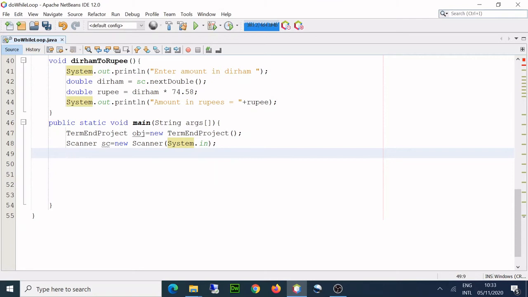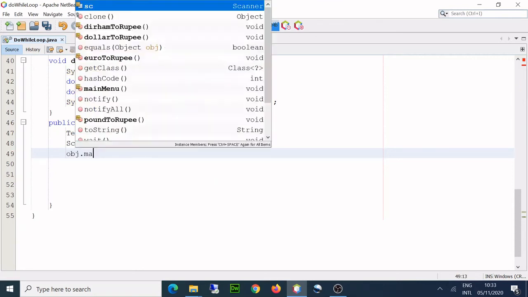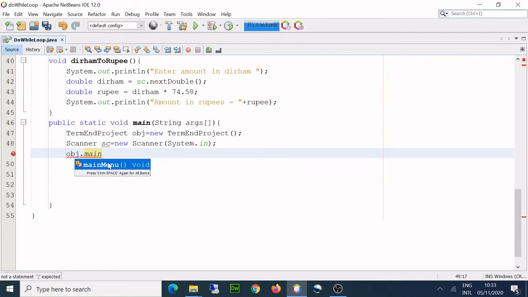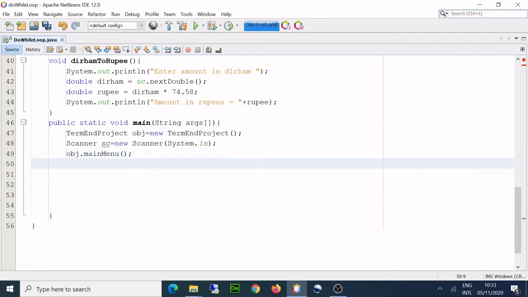Now I am going to call this first: obj.main menu. This is my first method that I am calling. It's going to display the menu, and then I'm going to accept the choice, and my variable is choice. sc.nextInt.